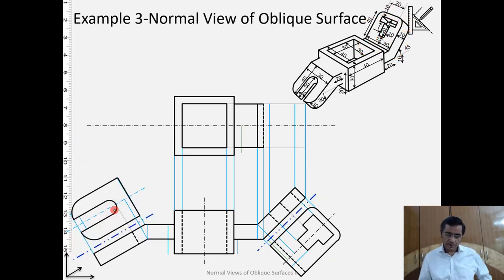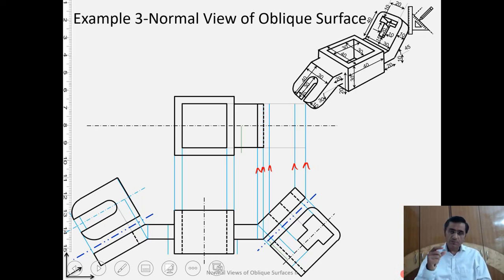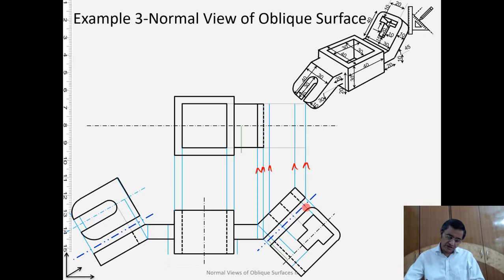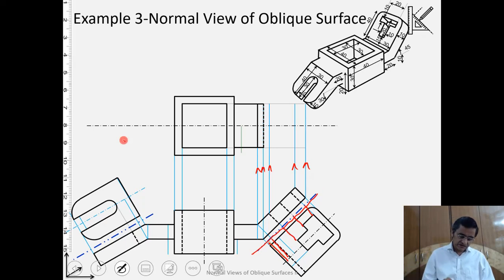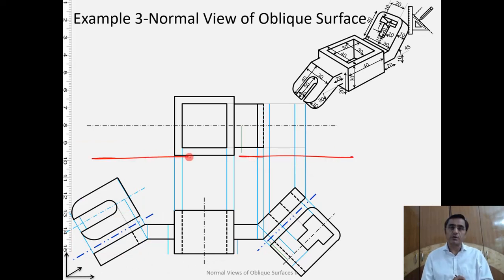Now one thing, when I started making the horizontal projection, I did not choose any hinge line, I had just put it here. But as we know, once the projectors are going to the horizontal, from a certain hinge line I have to apply the distances which I am measuring from the hinge line on the auxiliary, because these distances are being measured from the hinge line here. So I need the hinge line also somewhere here.